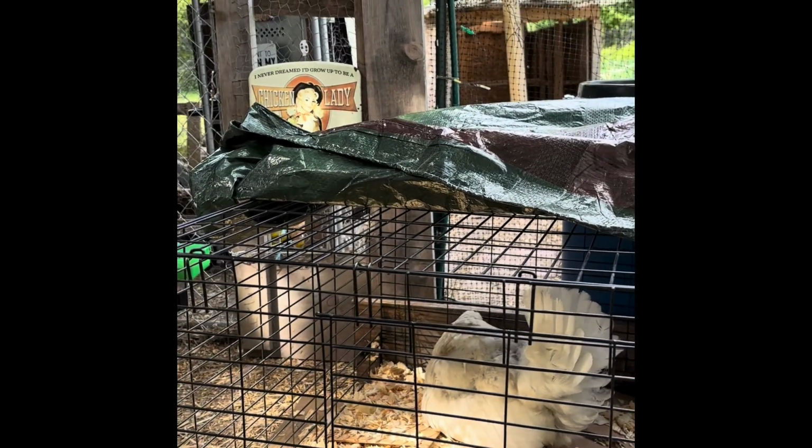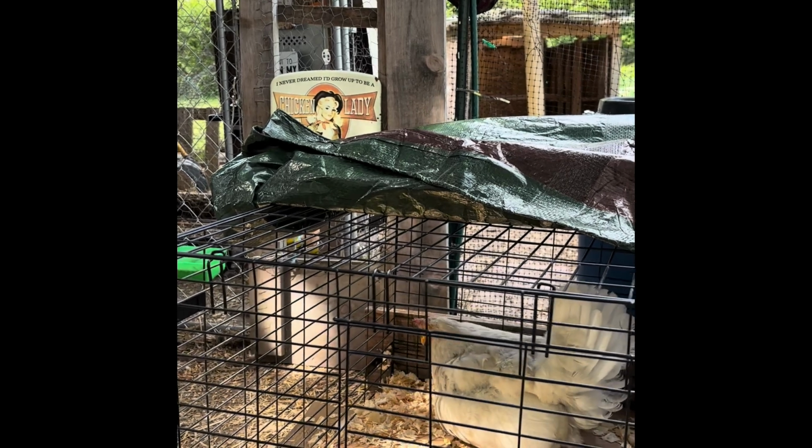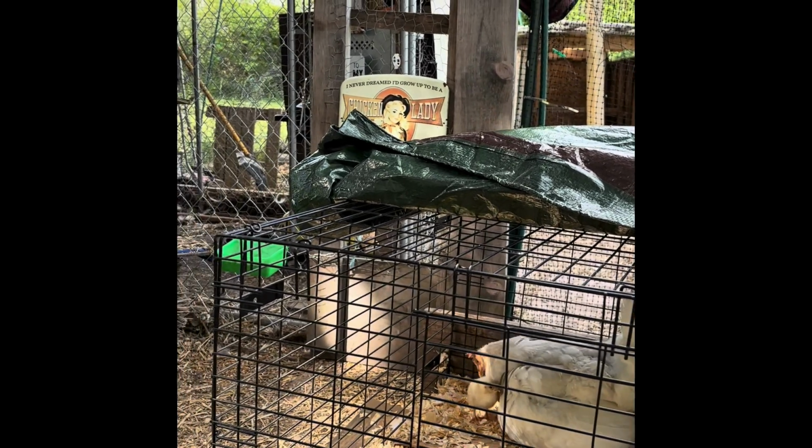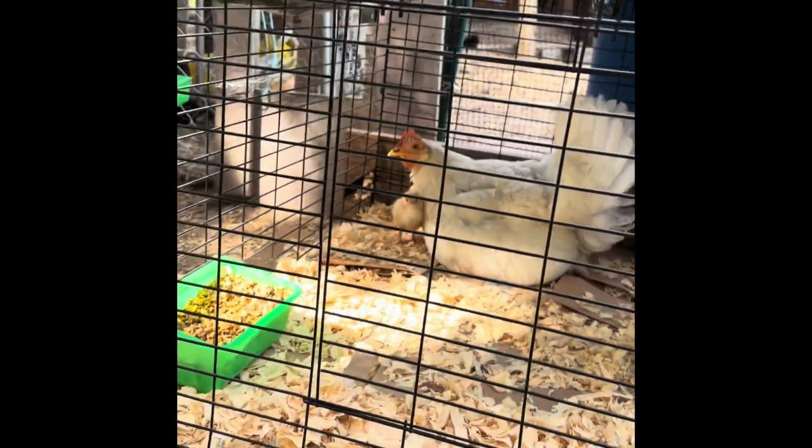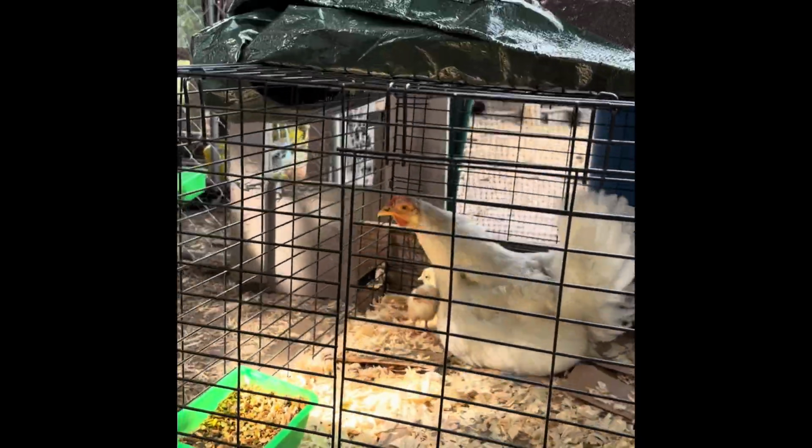One was a little black and yellow one, and the other one was still kind of damp, and it's been moving slow. It's under Mama. I have a feeling it might not make it, but so